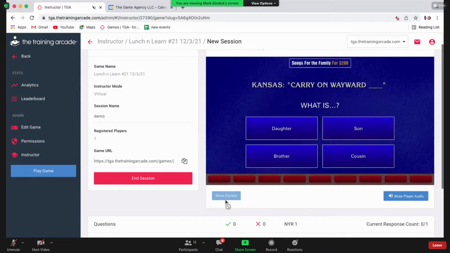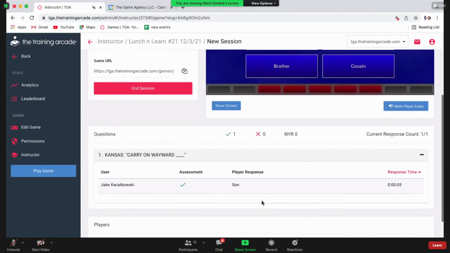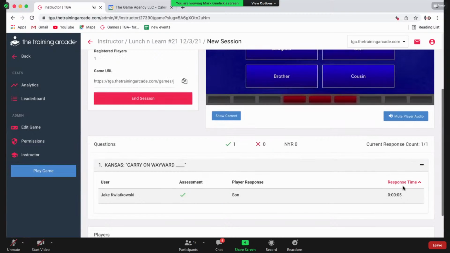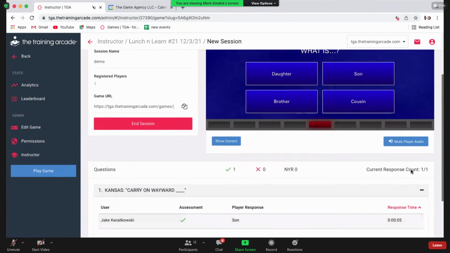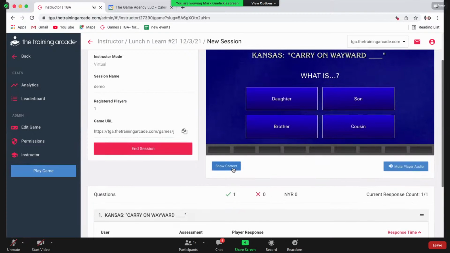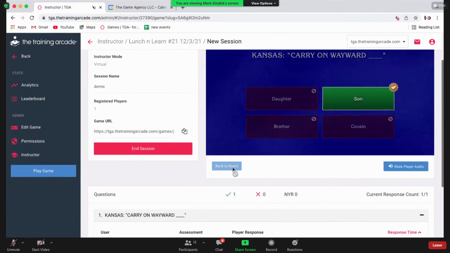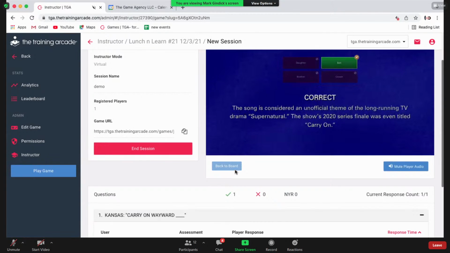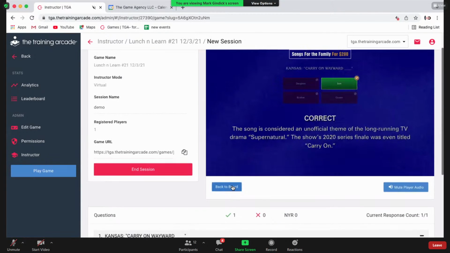That's an auto follow. You cannot screw that up. I click it, cannot screw it up. Right? Can't click it, can't click it, can't click it. 20-second time limit happens. I read it. I scroll down, I can see Jake got it right in real time in how many seconds. Right? If I see everybody's answered the clue, or if the time limit itself is gone, I can then show the correct response. Again, I cannot screw that up, cannot double click it until I can,